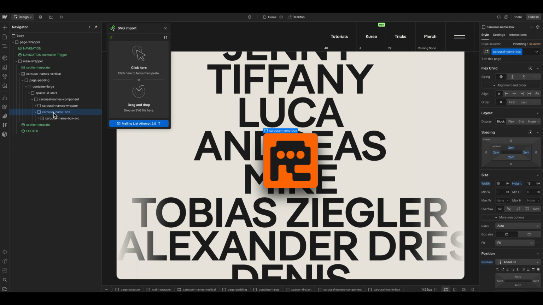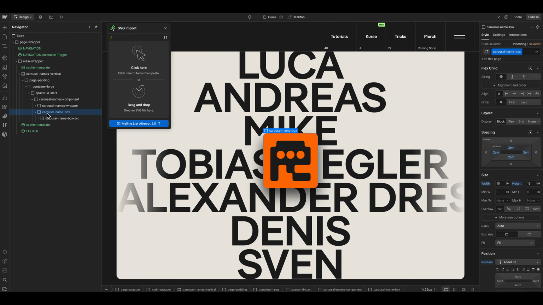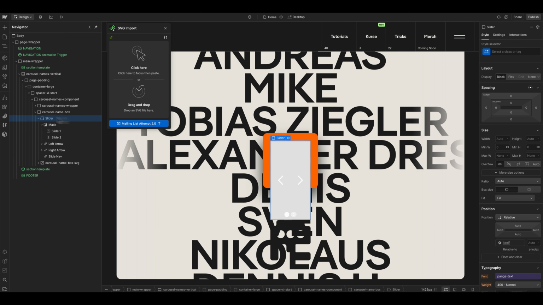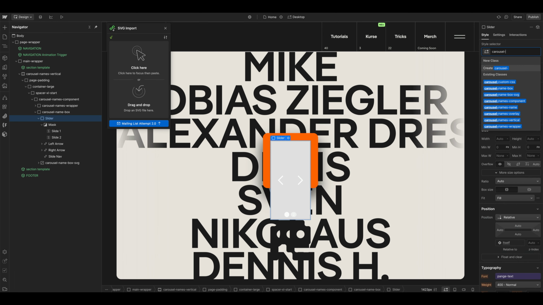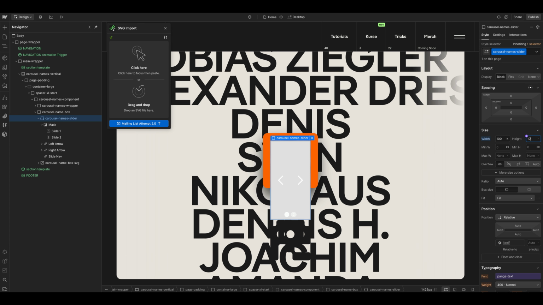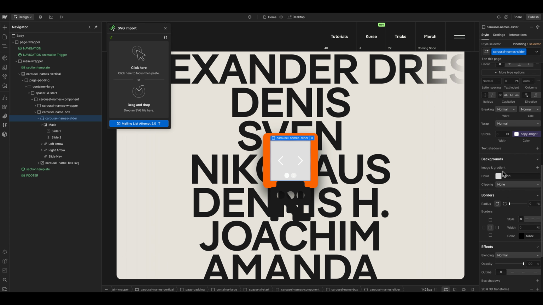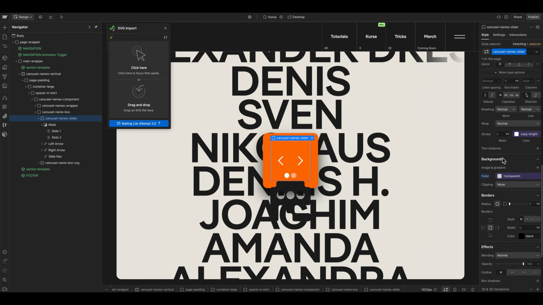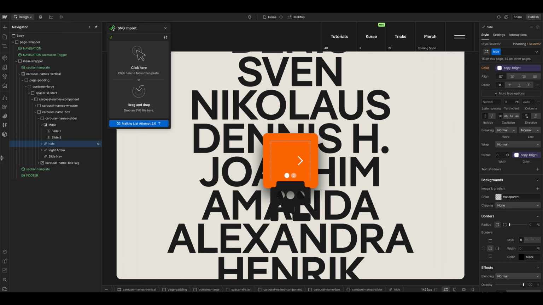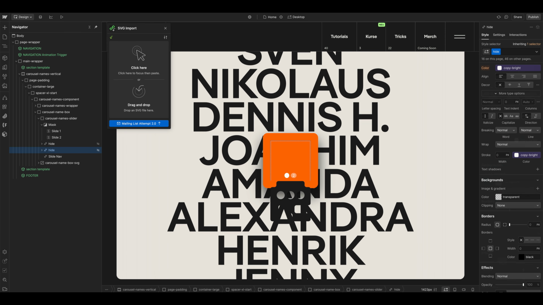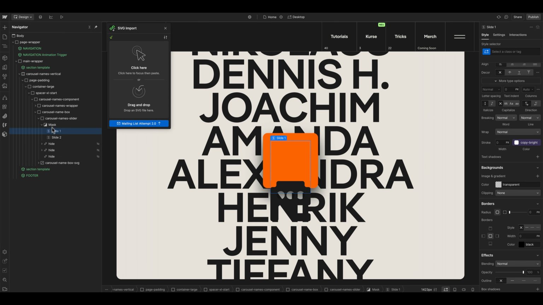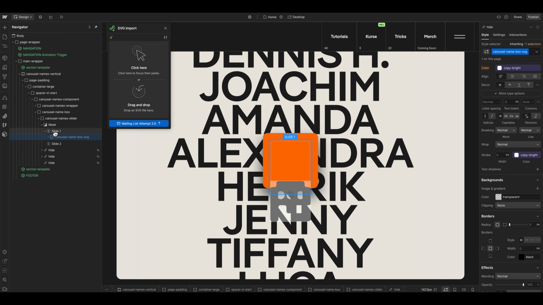And if we want to loop all the letters, I think we can use just a simple slideshow from Webflow. I think this is enough functionality. Carousel names slider, give it 100%. Let's delete the background color, give it a transparent one, and also hide the arrows. I have a predefined class here to hide elements, which is basically just display none. And then we can use the icon inside of one of these slides.